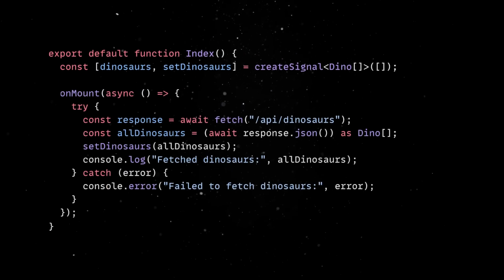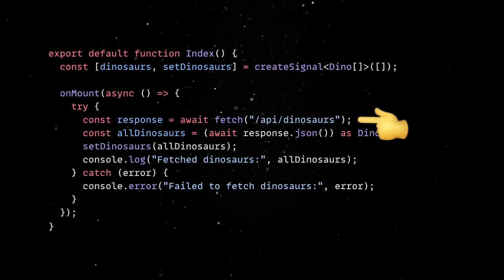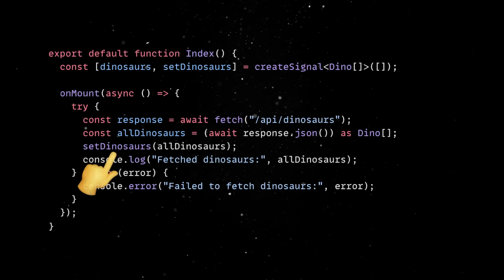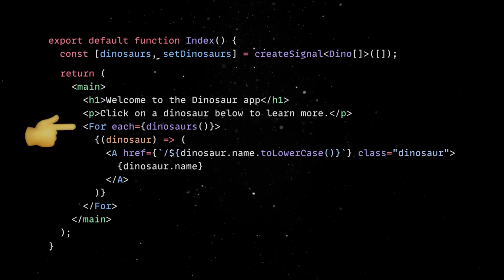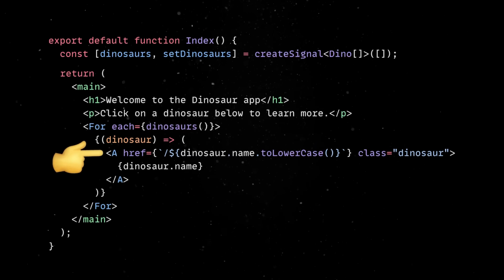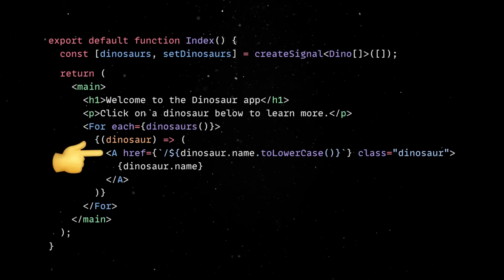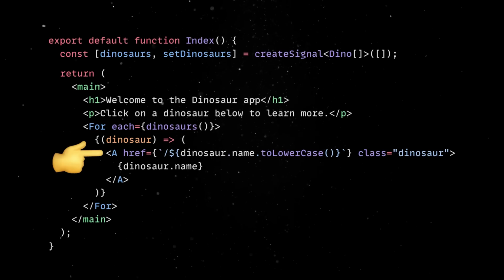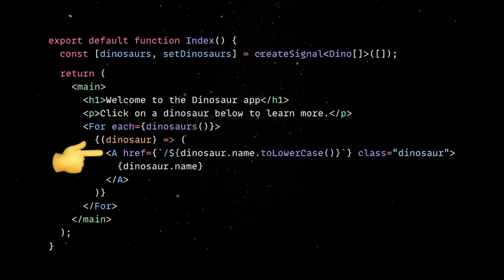Once the component is mounted in the DOM, we'll perform a fetch call to the server and populate the dinosaur signal. In the template area, we'll iterate over the list of dinosaurs and display a navigation link pointing to a dinosaur details page. Note that the link is actually a special Solid router component that handles client-side navigation, preventing full-page